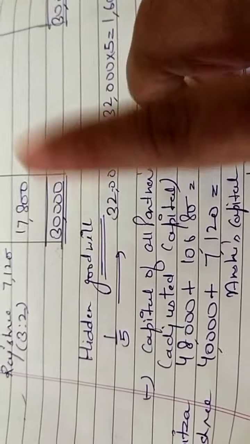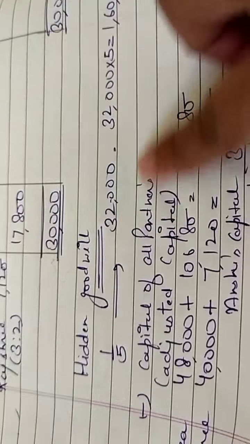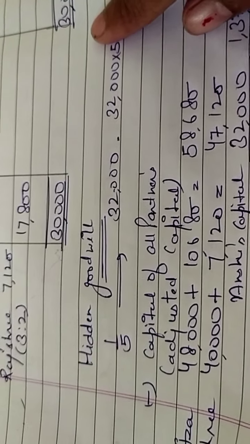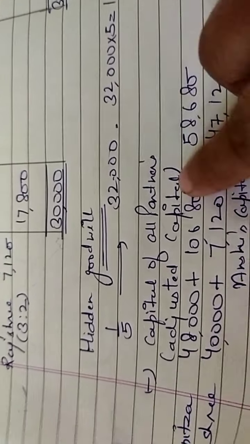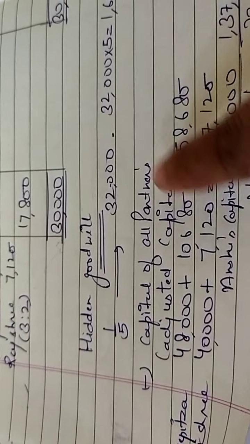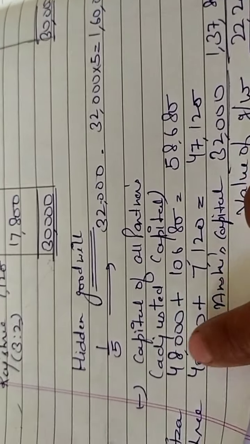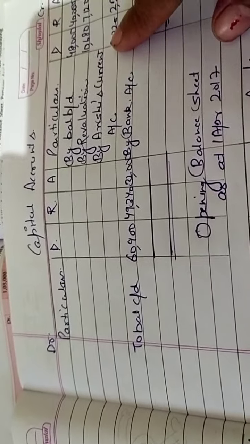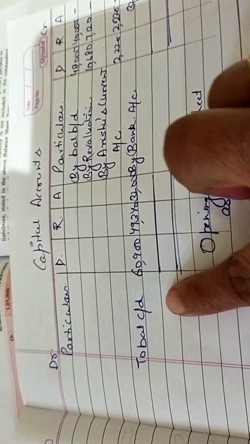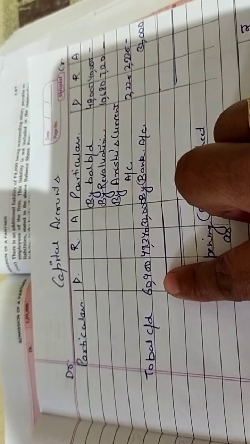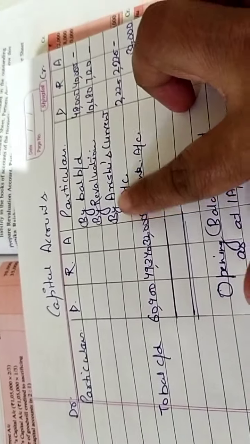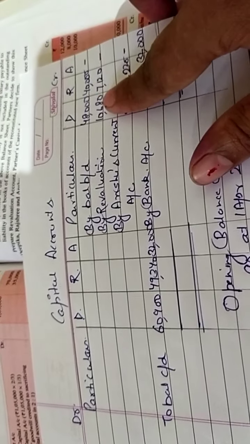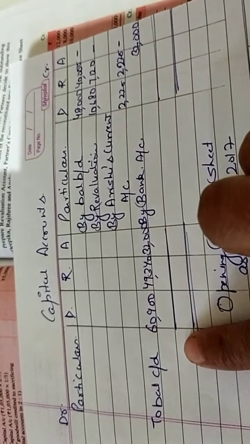Now अभी हिडन गुडविल कैलकुलेट करने के लिए मैंने आपको बोला था कि टोटल कैपिटल निकालने के बाद we will compare that capital to the actual existing capital. तो अभी जो कैपिटल हम इसके साथ कंपेयर करने वाले हैं वो कैपिटल हमारी एडजस्टेड कैपिटल होगी. एडजस्टेड कैपिटल का मतलब है, ये जो कैपिटल अकाउंट्स हम बना रहे हैं इसमें जितने भी प्रॉफिट्स और लॉसेस या रिजर्व्स को हम डिस्ट्रीब्यूट करने के बाद नेट कैपिटल बचेगा वो ही हमारा एडजस्टेड कैपिटल है. अभी इस क्वेश्चन में कुछ रिजर्व्स मेंशन नहीं हैं, कुछ प्रॉफिट्स नहीं दिए हुए, सिर्फ रेवल्यूशन का प्रॉफिट आया है जिसे हमने डिस्ट्रीब्यूट कर दिया और उसके बाद हमारी नेट कैपिटल आ गई है पार्टनर की